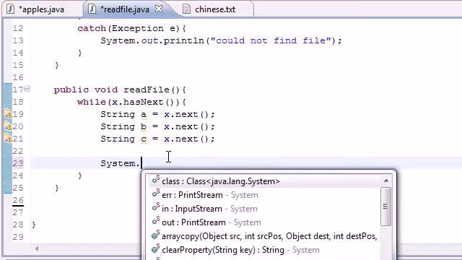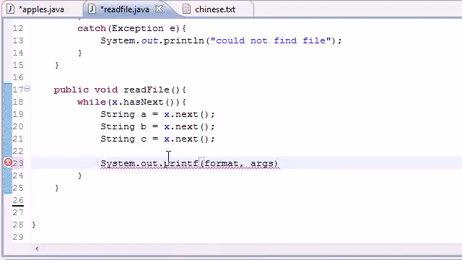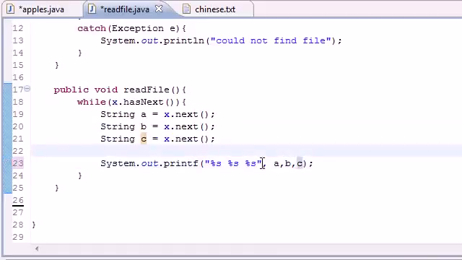So system out print, actually printf would be better. So let's go ahead and print just 3 string variables: %s space %s space %s, and those variables of course are A, B, and C. So now what it's going to do is, after it gets those 3, it's going to print it out, and